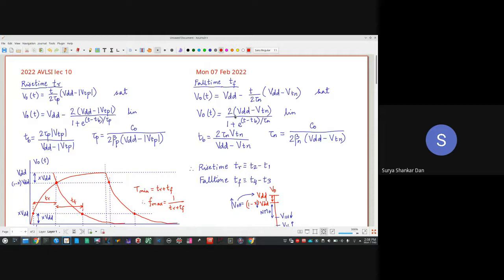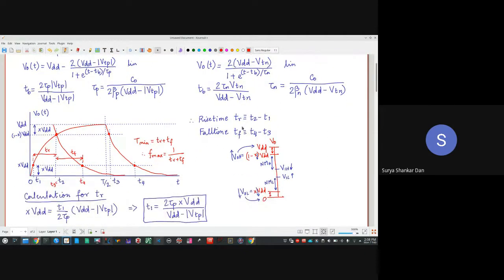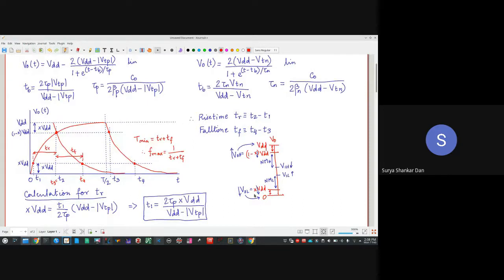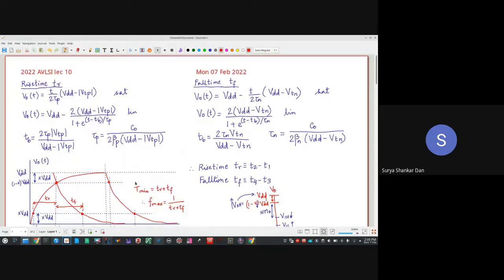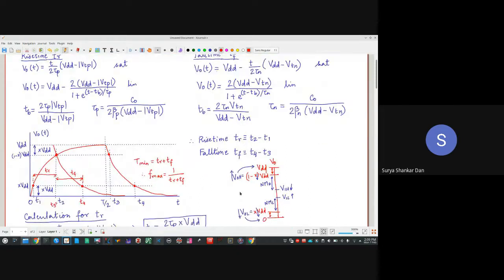Okay. However, once we have decided the noise margin, that this x will be 10% of VDD, then essentially we don't have to bother about these exact values of VO anymore. These equations will be helpful to find out VOH and VOL, right? So once VOH and VOL are determined, and 10% is enough, considering the noise margin,